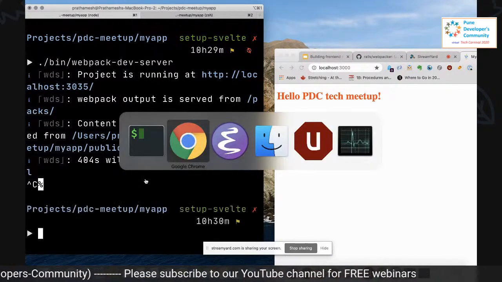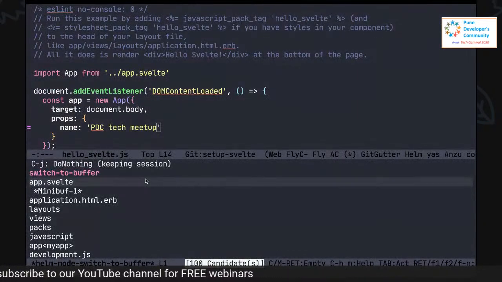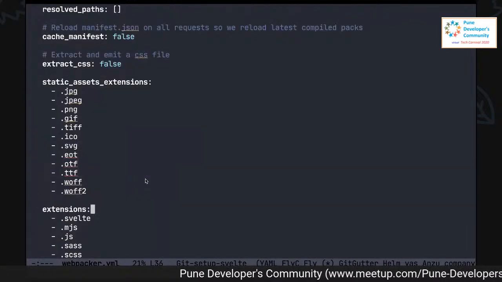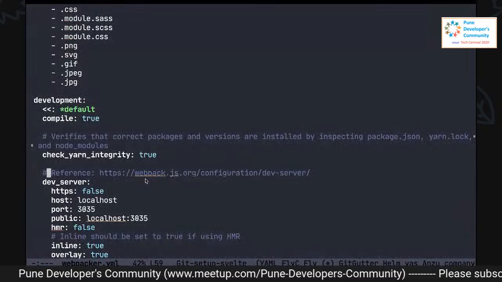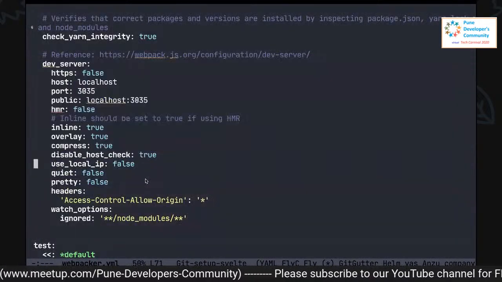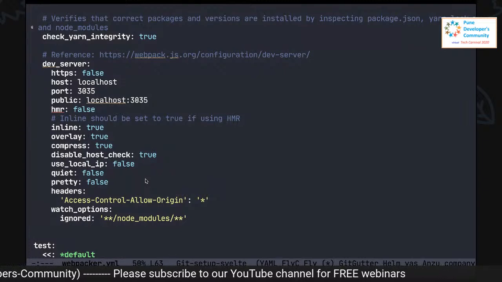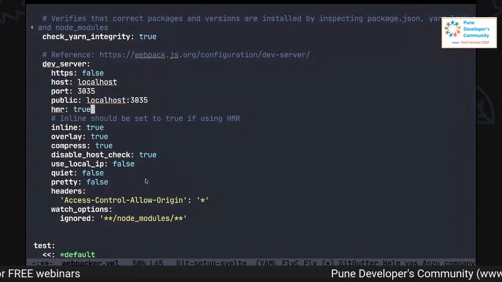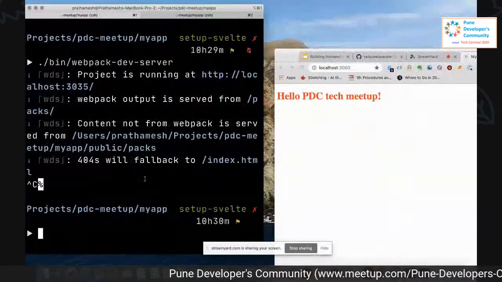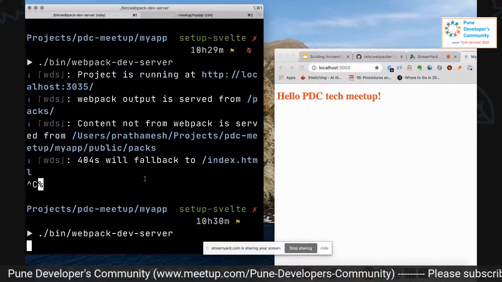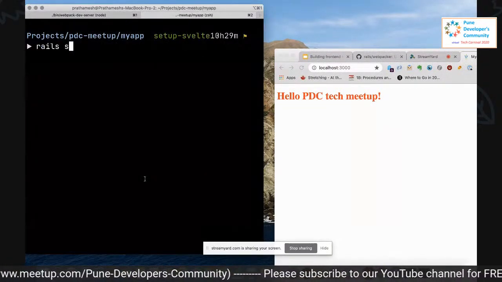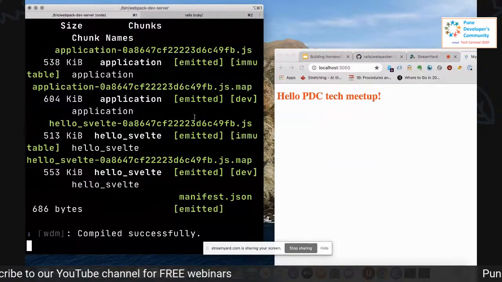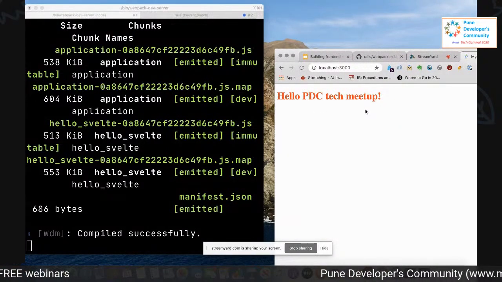But before we start that, we have to also configure the hot module replacement, and that can be done in the Webpacker.yaml file. We had seen the dev server related settings here, and as we can see, the dev server starts on port 3035, but HMR, which is the setting for hot module replacement, is by default false. I'll just turn it true, and I will start Webpack dev server. And we will also start Rails S so that our main HTML gets rendered. Here I can see this is compiled and so on. I will just refresh it,